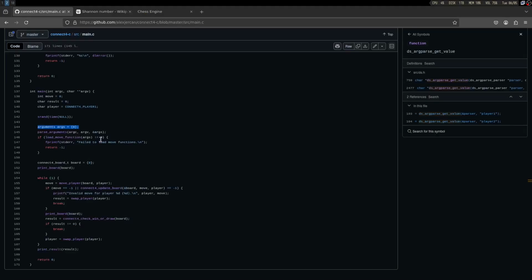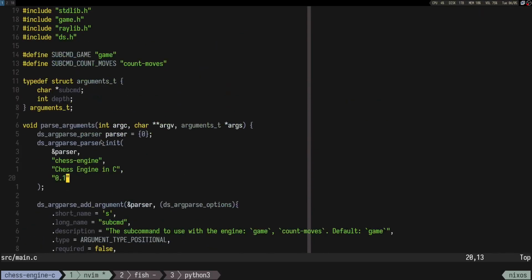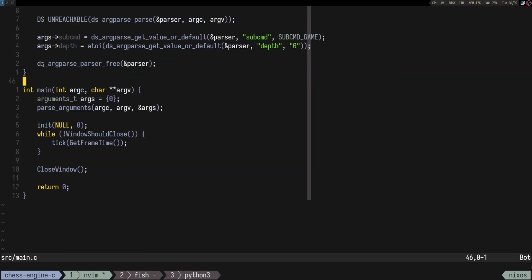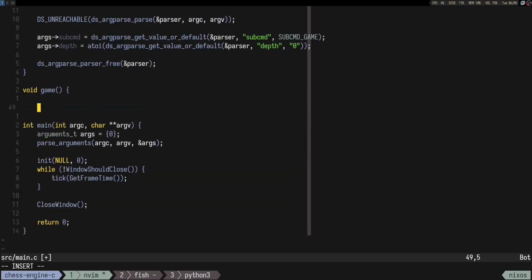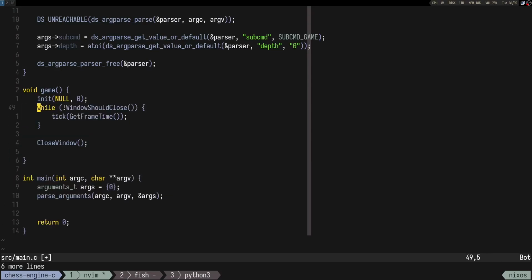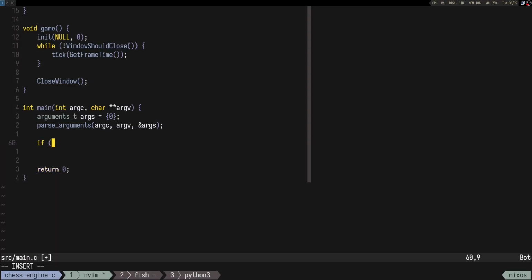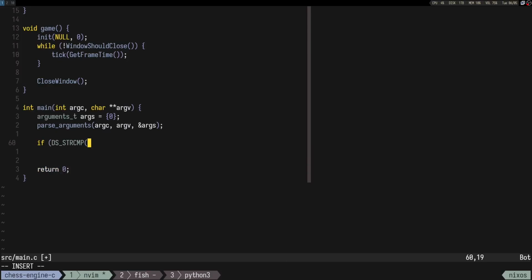Pass that by reference. Okay, and then maybe we want to have something like void game, where we just put our stuff, and here it's something like if string compare between